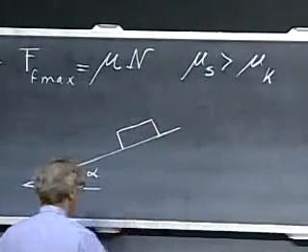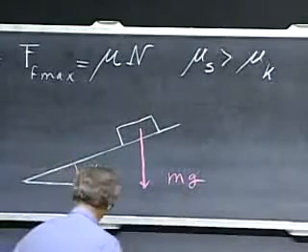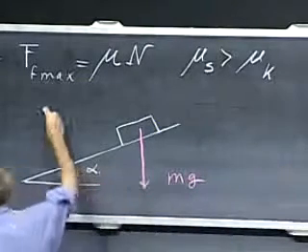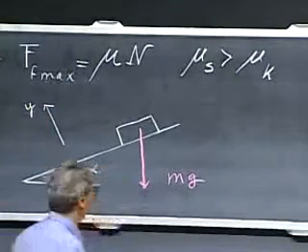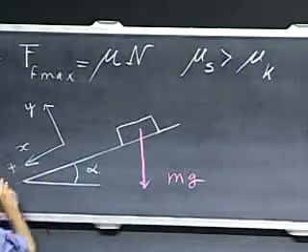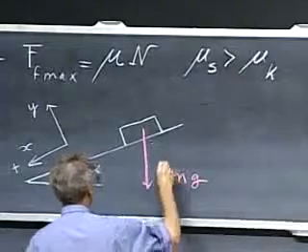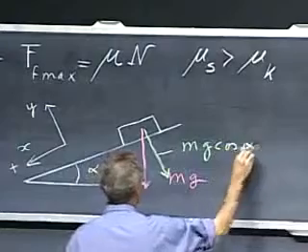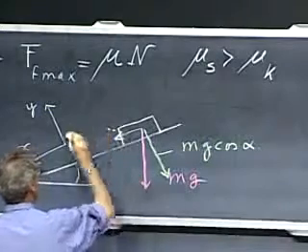Here is the object. This is the gravitational force mg, which I will decompose in two forces. One in the y direction, which I always choose perpendicular to the surface, and another one in an x direction. You're free to choose this plus or this plus. I will now choose this, the plus direction. I'm going to decompose them. So I have one component here, and this component equals mg times the cosine of alpha. And I have a component in the x direction, which is mg